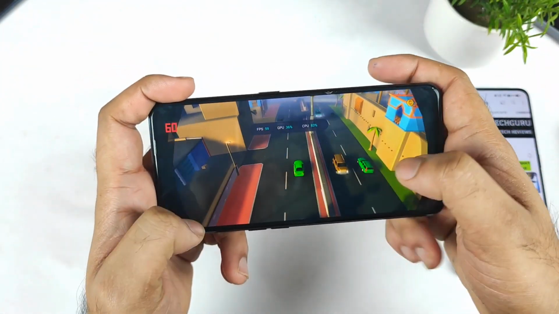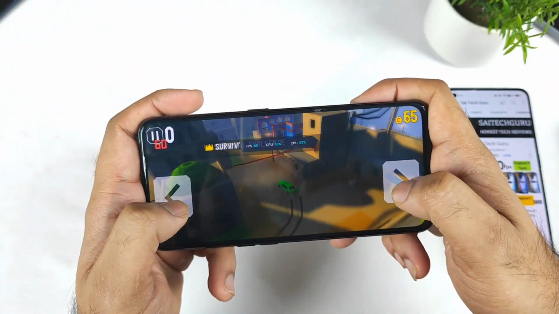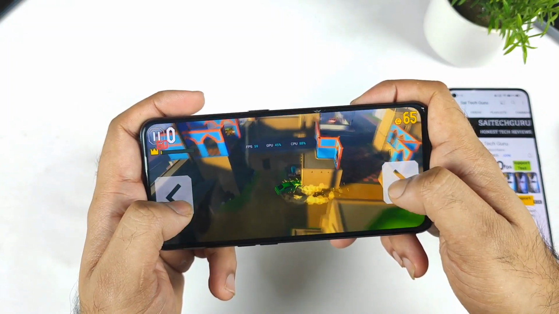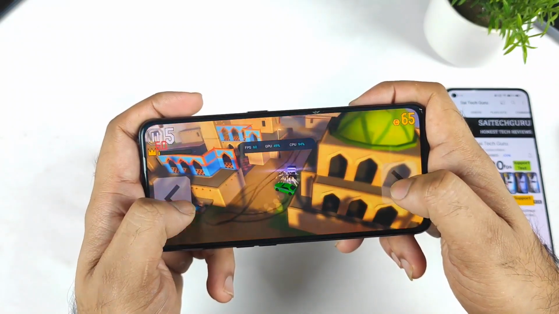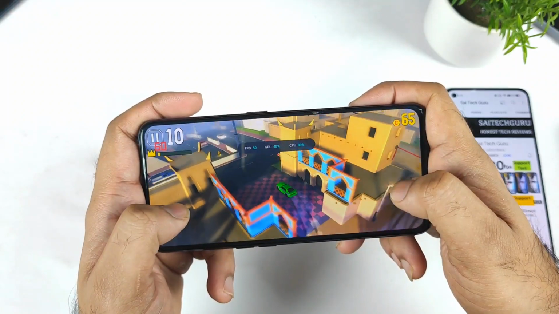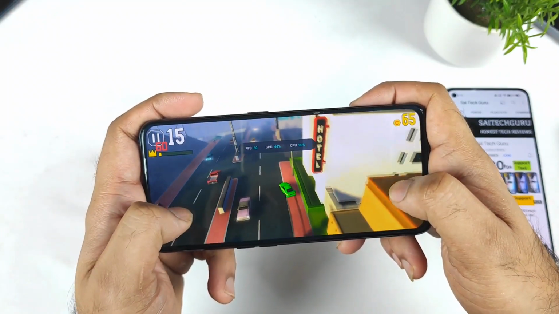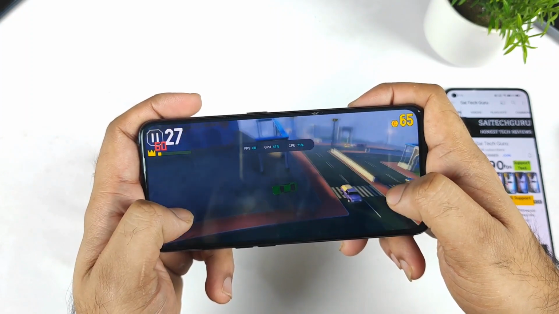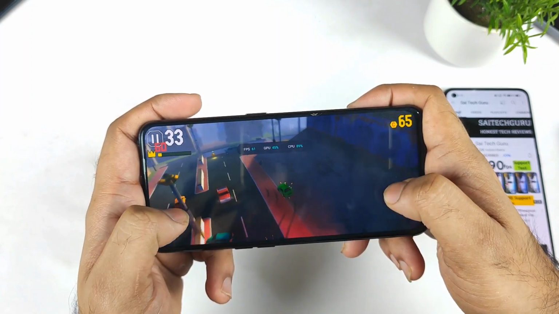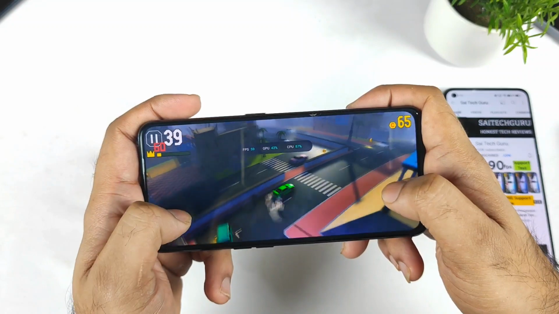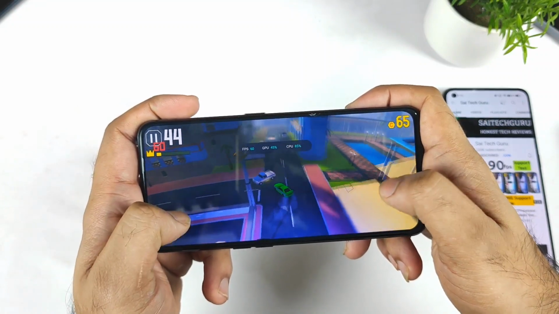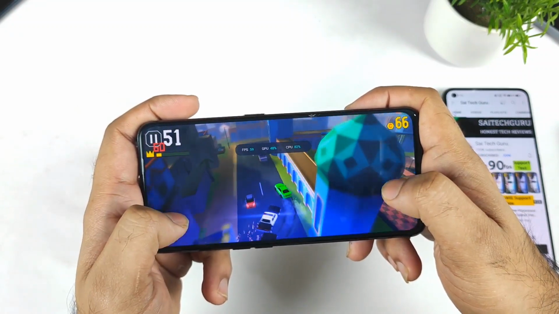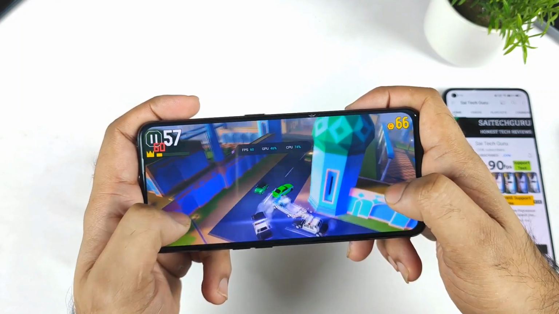So these are the few details, friends, regarding the Game Space overall interface in this device, which is pretty good. Now I'll be able to do the Battlegrounds Mobile game review as well, regarding the real-time floating FPS meter. How is the game maintaining the FPS count after the Realme UI update? I need to do an FPS drop test and a lot of other details which I'll try to upload as soon as possible. So stay tuned for those videos, friends, in case you're interested to know more updates.